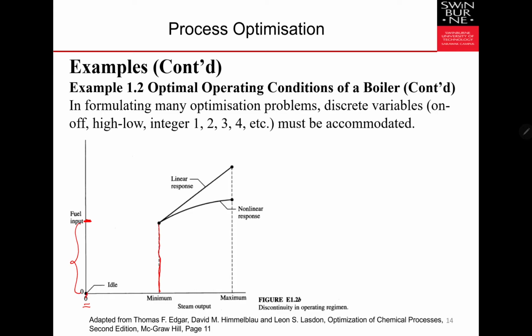Okay, so between zero and this particular value of the fuel input, there will be no steam output. Depending on the response of your boiler systems, within this range, if you increase the fuel input, it will result in an increase in the steam output, which is linear or non-linear. So that's what is meant by the complications stated before.